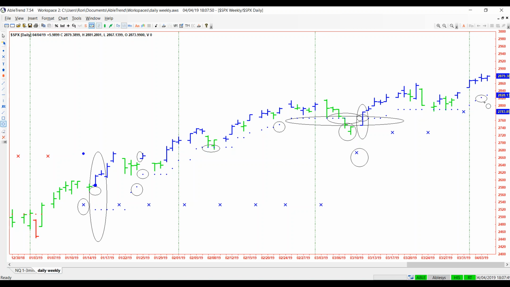Stop loss will be right here, and you can trade ETFs. Or you want to just see what should I do with my long-term money? Well, this is what you do. Use AbleTrend's accurate buy and sell signals on this guidance template daily, weekly chart for your longer term positions, because